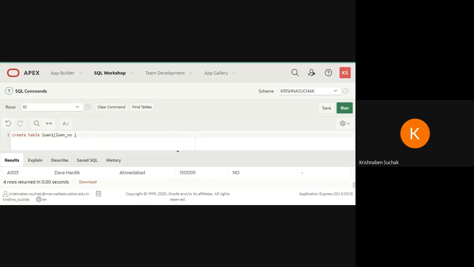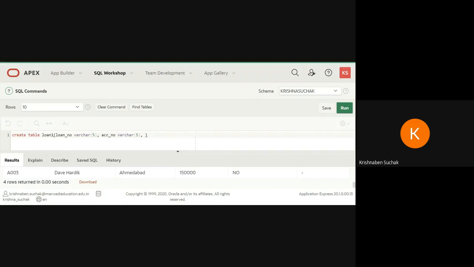Now I have to write the columns. First, loan number, then the data type, that is varchar, length 5. It is given in your table for practical list 1. Then account number, again varchar data type, 5.